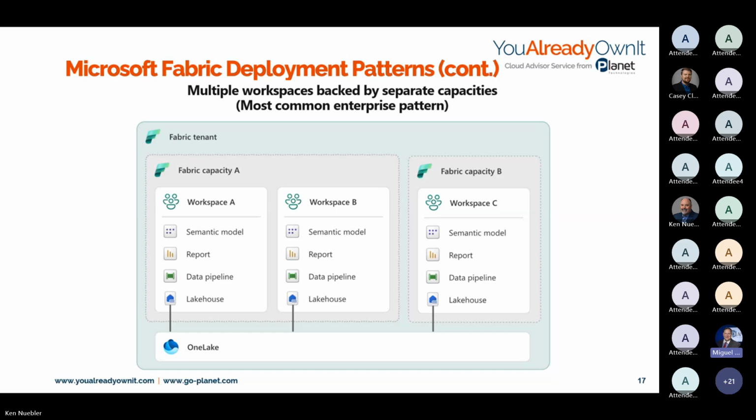Now, the one other thing: I mentioned it's a one-to-one mapping of the Fabric tenant to the Entra ID tenant and the Fabric tenant to OneLake. One-to-one-to-one, if you think of it that way. So what would be the only other possibility? I may have multiple Entra ID tenants. We see this in some of our government agencies. We also see this in international organizations where they have tenants for different parts of the world, especially from a GDPR perspective, or other things.